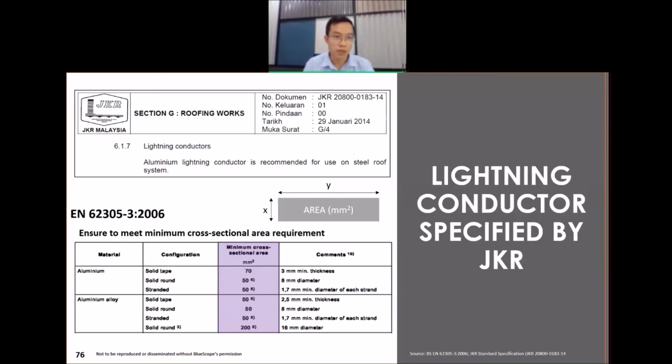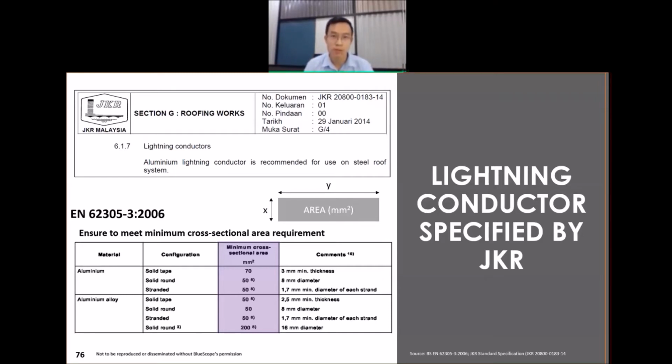Of course, one of the public standards documents that we have found as a reference is also our JKR standard specification documents, where they specify for lightning conductors, you can actually use aluminum, especially when it is installed on steel roofing. Okay. So come back to the conductivity. You can definitely address this concern, or so-called unknown, by referring to this table, as well as always consulting your electrical engineer